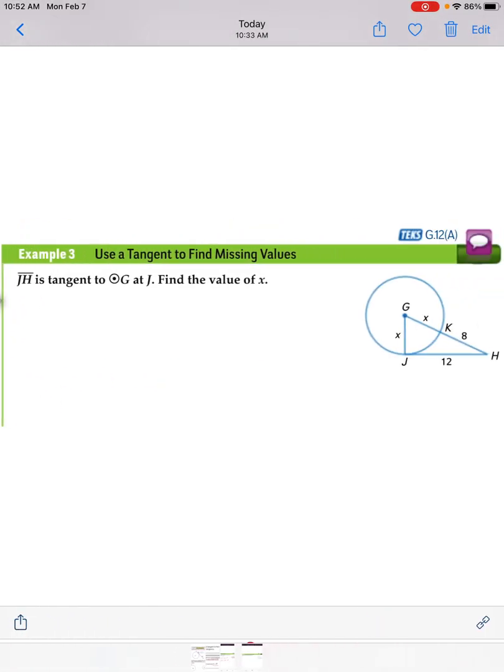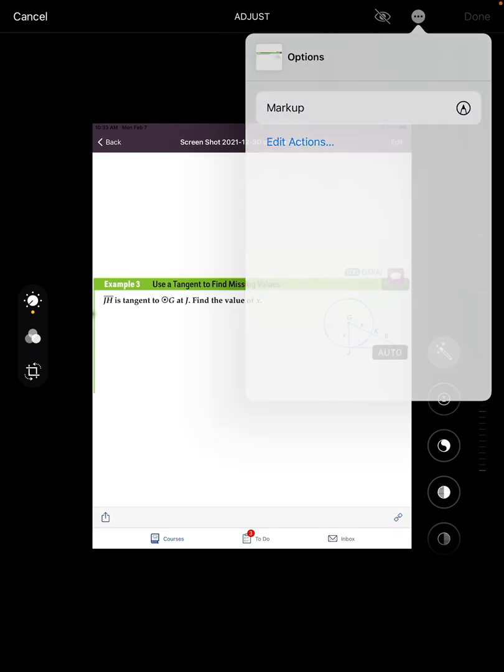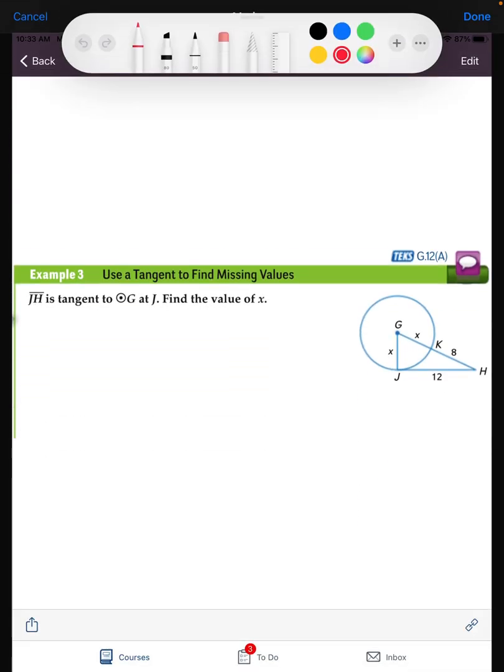This one says that JH is tangent to circle G at J. Find the value of x. So in this one, we're just working the opposite direction. This is where the if and only if comes into play. Now we know that it is tangent to circle G at J, and we want to find the value of x. So we can use our Pythagorean theorem again. Our a squared and b squared are going to be x and 12. So x squared plus 12 squared